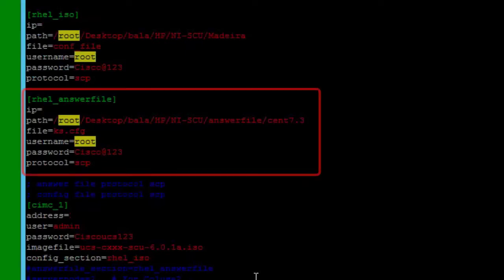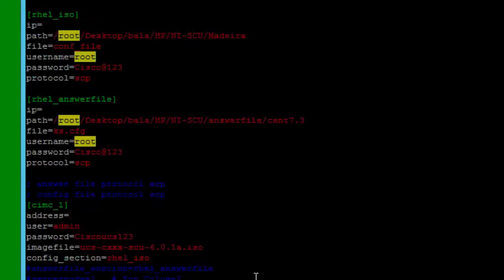In the answer file section, provide the access details of the share where the answer file is located. The answer file contains details about custom OS deployment. This section is optional if you want to install an operating system with default settings. Enter a name for the section. The name defined here should be used as the value in the answer file_section parameter in the target